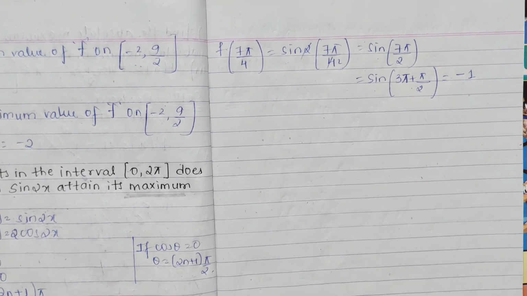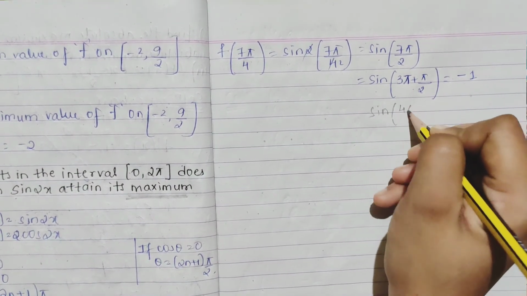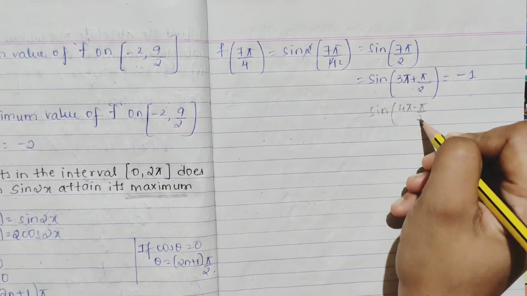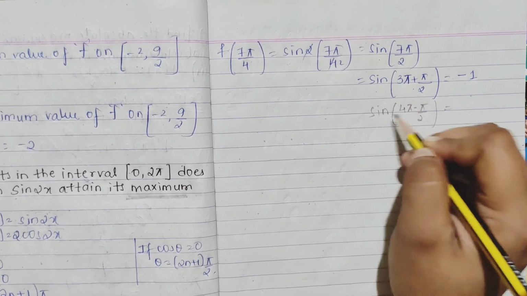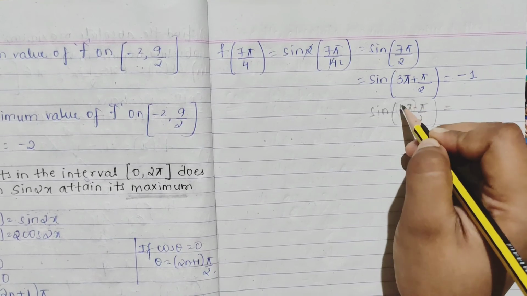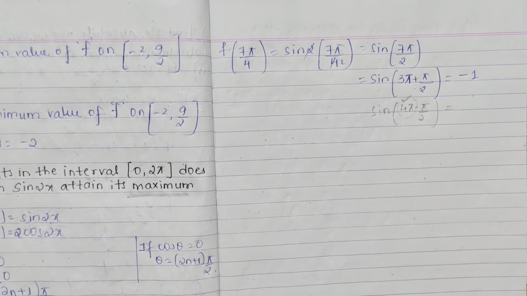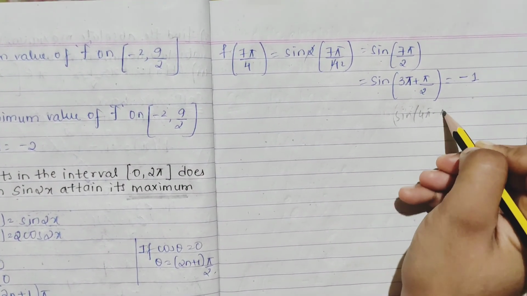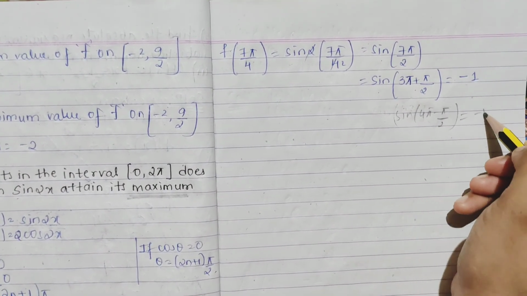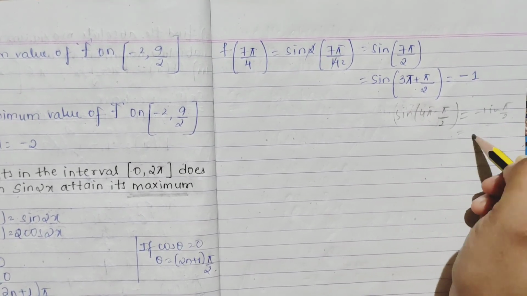Even you can write it as sine 4 pi minus pi by 2. If you do, you'll get the same, right? 4 twos are 8, 8 minus 1, yeah, you'll get 7 pi by 2. Then anyhow you'll get the same 4 pi, and this is even, so the function doesn't change. In that way also if you do 4 pi minus pi by 2, you'll get minus sine pi by 2, and the same minus 1 only you'll get. Either way you can go.